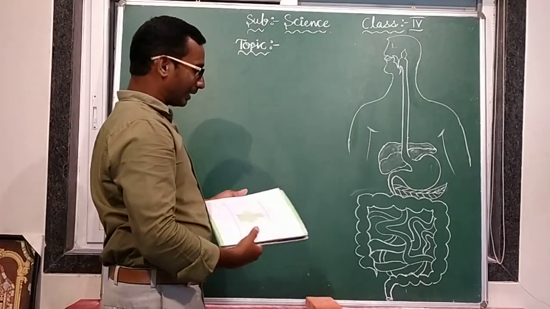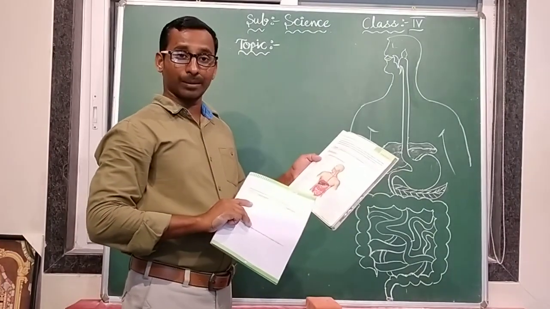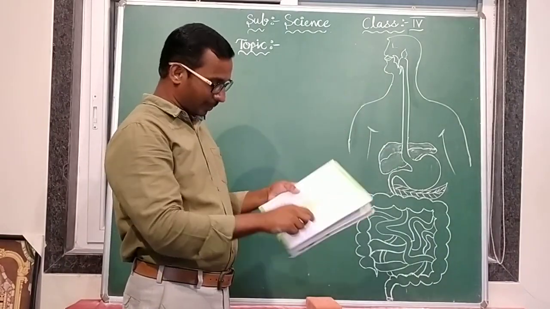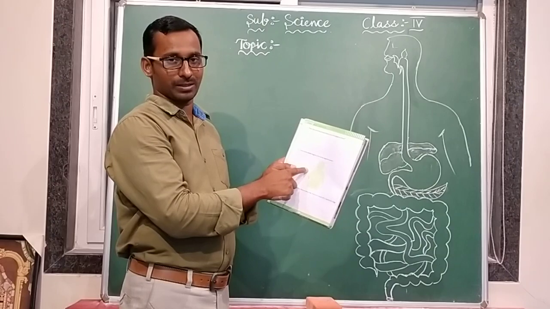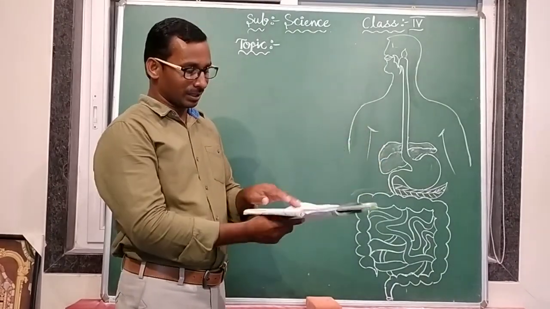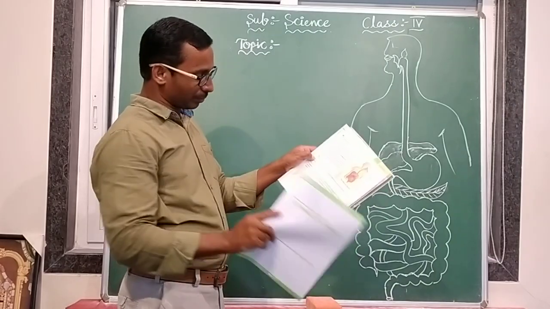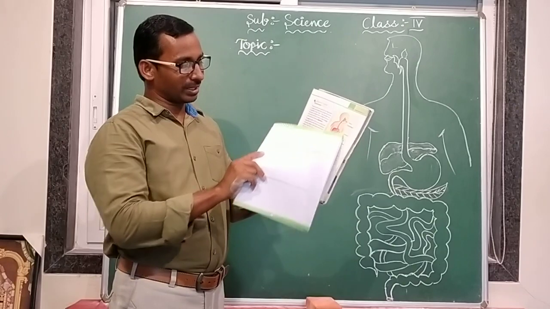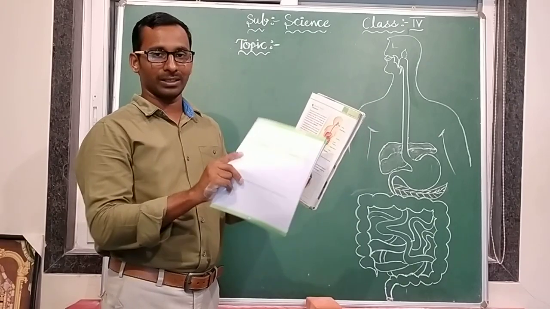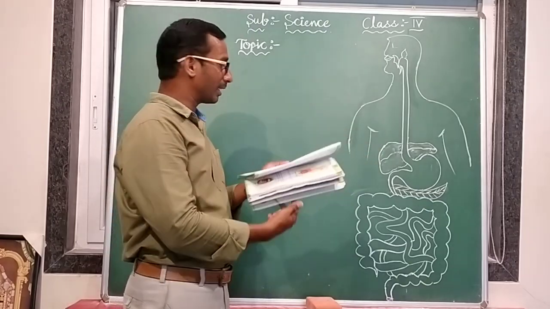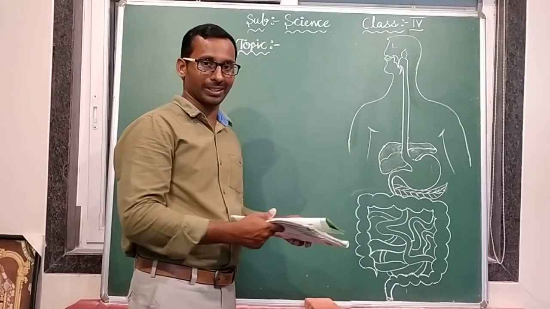In the textbook the diagram is there for you. You have to see this diagram and draw it in the worksheet, page number 6, fourth question, please. And the parts given to you here, you also have in your textbook, page number 9. Page number 9 also has the diagram. See here the names of the parts. You have to write them here. Clear? This is the diagram. This is your homework from the previous class.